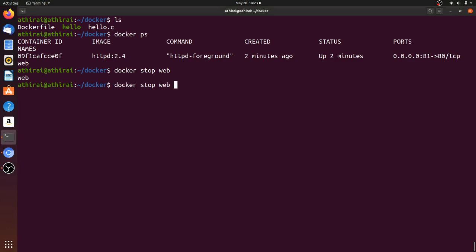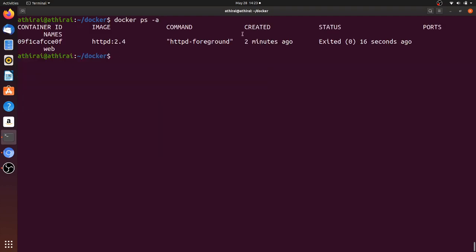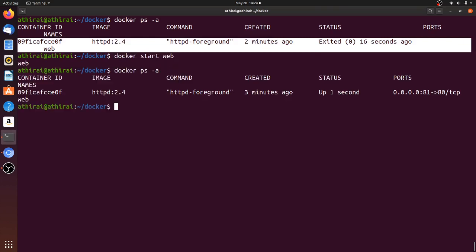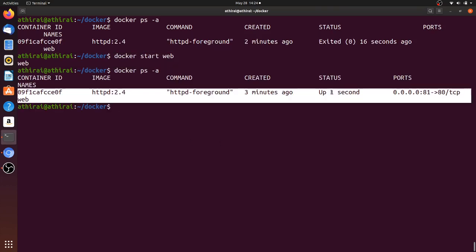It is stopped now, but if I run ps -a, here you can see it is in exited status. So if I give docker start web again, it will start the stopped container.